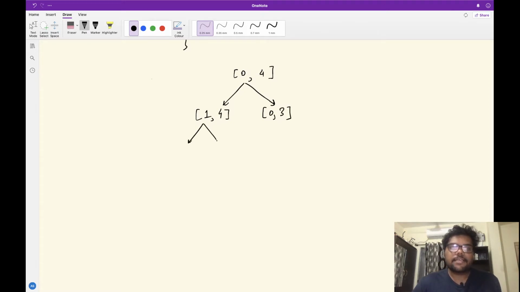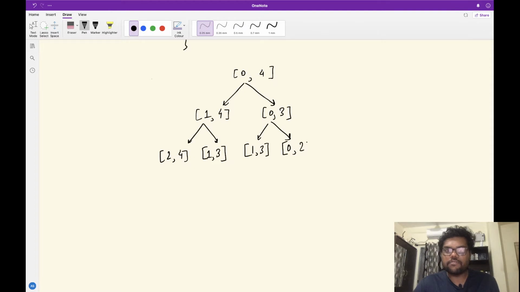Similarly, let's come down the recursion tree and explore more choices. If I choose from the beginning, 0 will be incremented by 1, and 4 will be the same. And if I choose from the end, 0 will remain the same and 4 will decrease by 1 to 3. Similarly here, 1 will increase to 1, 3 will be as it is. Here 0 comma, this will be decreasing by 1, that will be 2.